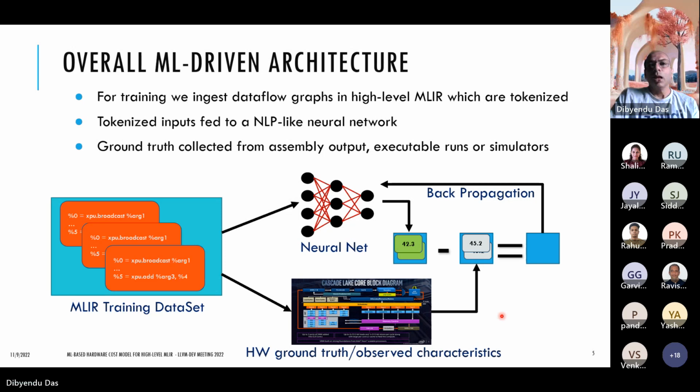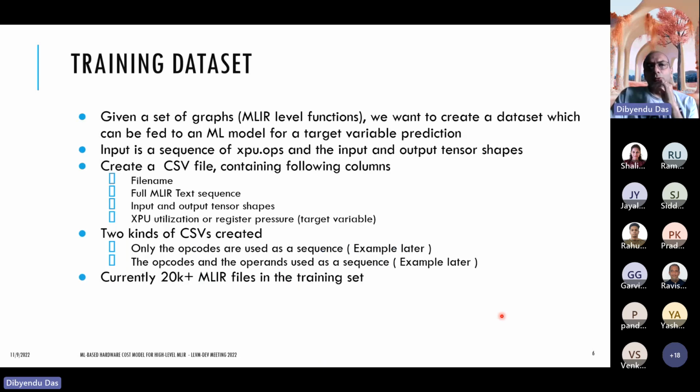Okay. Right. Now, regarding the training data set, people may be starting to wonder that, okay, we have an MLIR data flow graph, but then how do you really input it as an input to the ML framework? Because these are all code, right? I mean, it's like LLVM-IR. How do you input all those kinds of things? And the answer to that is